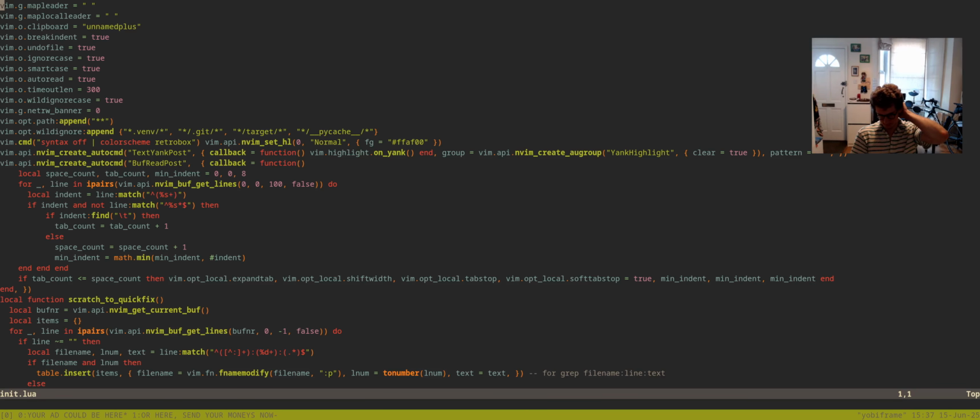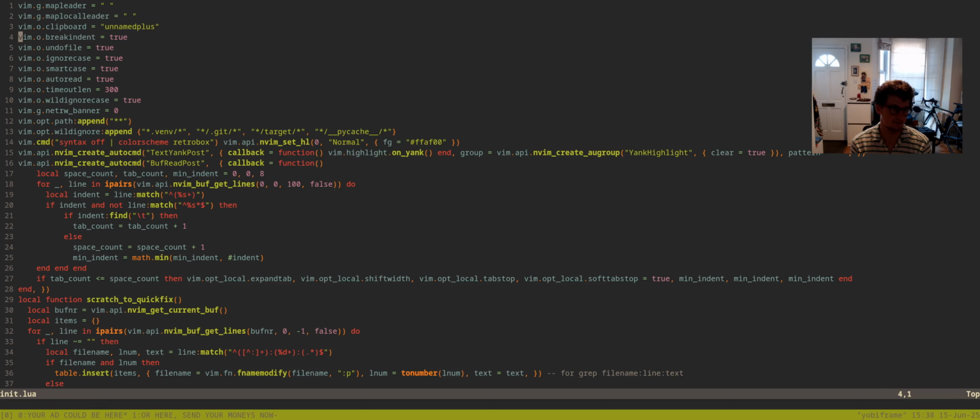Alright, so this is the usual stuff. We map the leader key to space and the local leader to space as well. Here we use the system clipboard so that when I copy this I can use it across the system, not only within the Vim session. This just adds the visual indentation. When we have the line wrapping, we hit the undo file on, we ignore case because I like doing my search